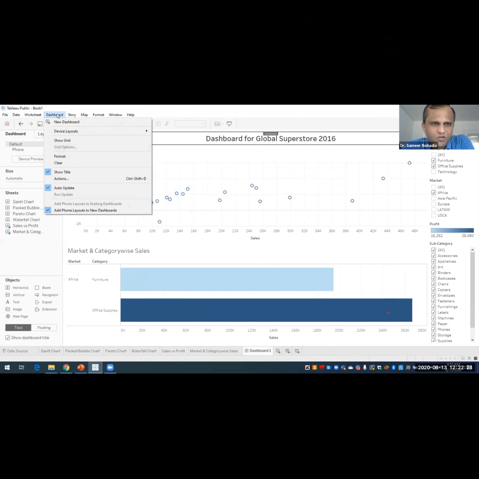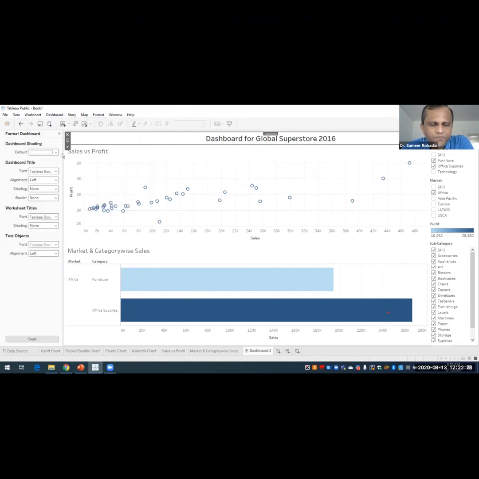Okay, so on the left hand side, now we are getting the formatting for the overall dashboard, not individual sheet, but overall dashboard.